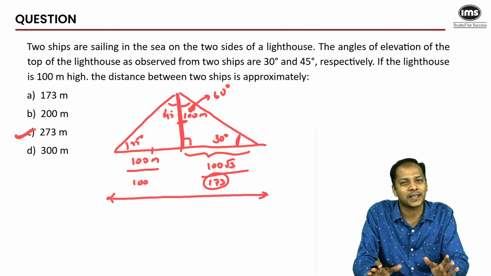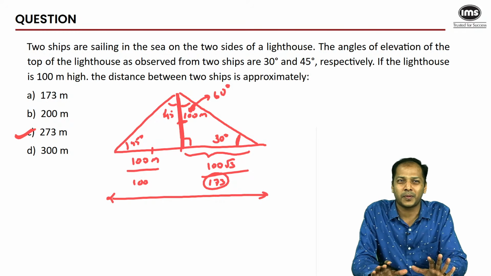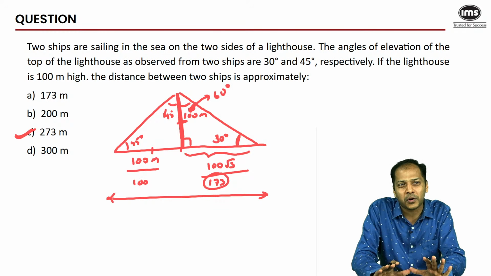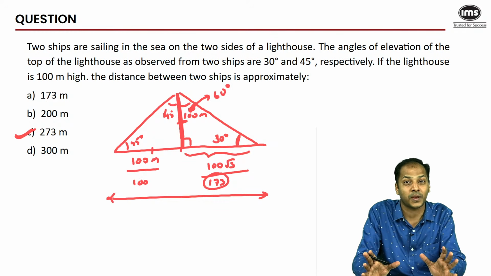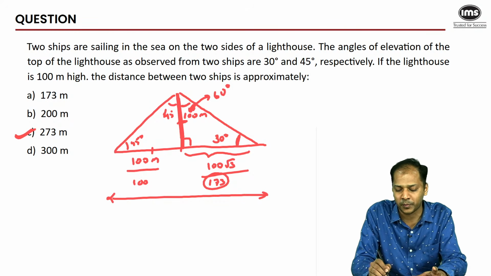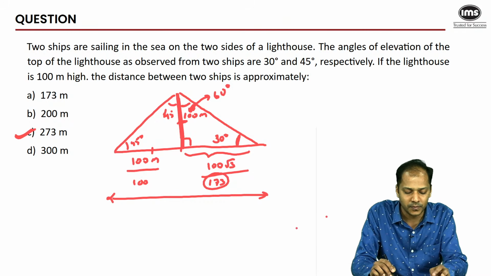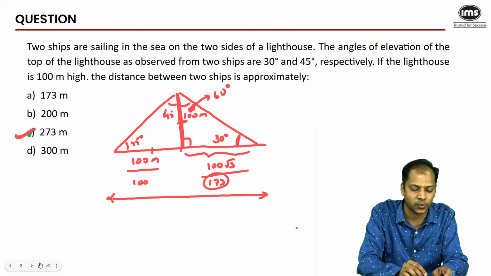So you have numbers, algebra, and geometry, all these question types. You don't need to focus more on any one area. Arithmetic is surely very heavy, but apart from that, others should also be given due weightage, due importance in the preparation. So let's go ahead to the next one. The correct answer is option C, 273. Moving on to the third question.